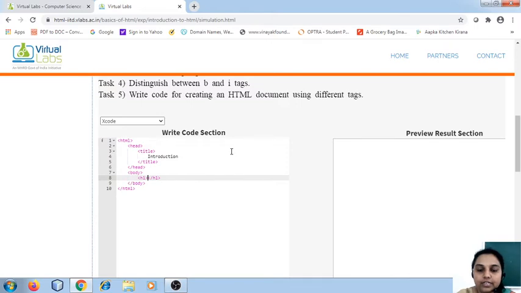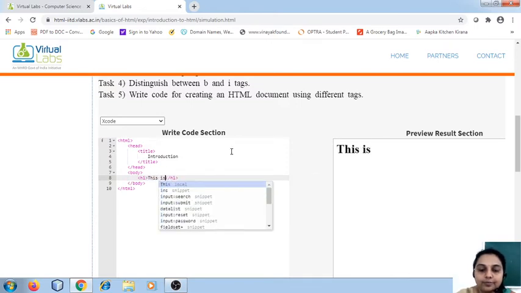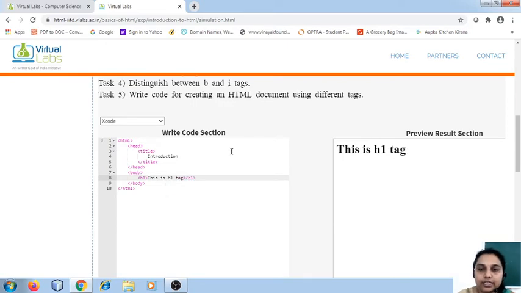H1, what I'm going to write is: this is H1 tag. This is my body. So did you observe when I write this is H1 tag, the preview is being shown in the preview result section. As I type the code, you will find things changing in the preview result section.